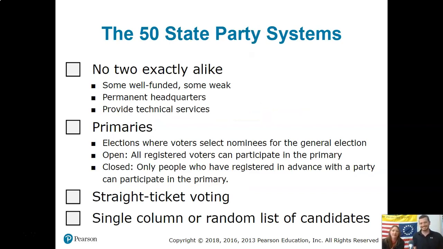Anyway, so here you go. This is your wheelhouse. Each of the states is going to have its own party system. So yes, there is a national Democratic Party and a national Republican Party, but each of the states is going to have its own way of getting people on board with their ideology and trying to get voters, and also coordinating candidates at the state level. So no two state party systems are going to be exactly alike. And remember, the Constitution doesn't really mention anything about political parties or even elections, so every state is able to set up its own way of doing things.